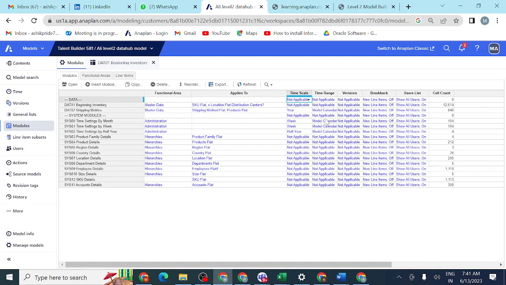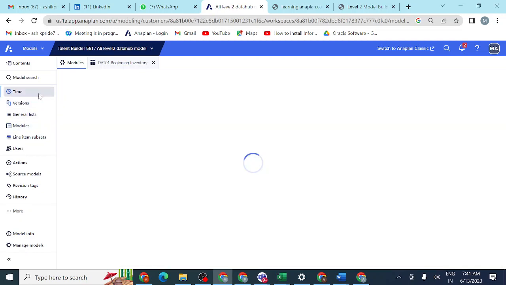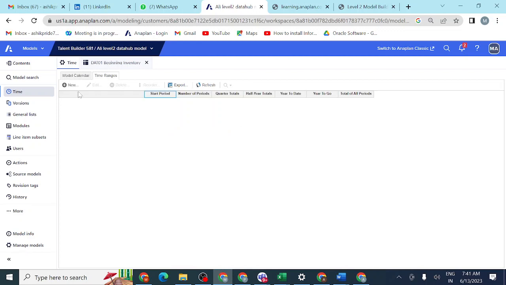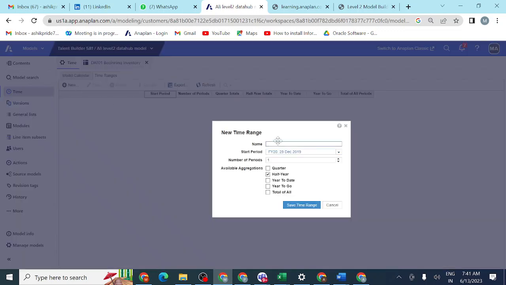Simply we create a time range. Here we will not use the model calendar. Instead of the model calendar, we use another time range. If I don't create a time range, you don't have anything here; if I click here, I can see only the model calendar. But if I create a new time range, for example,